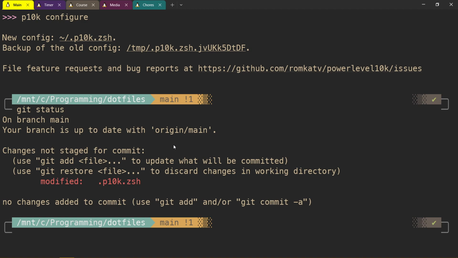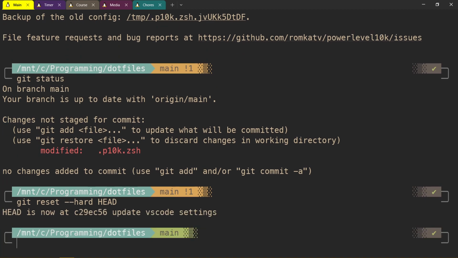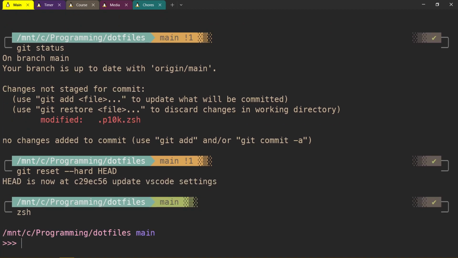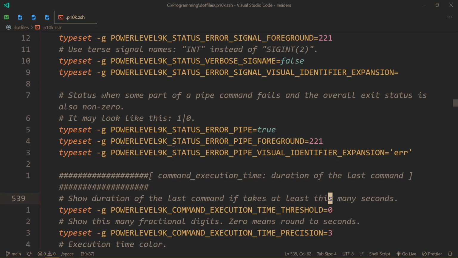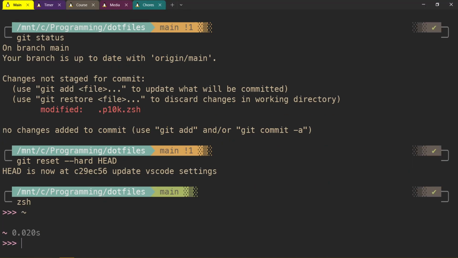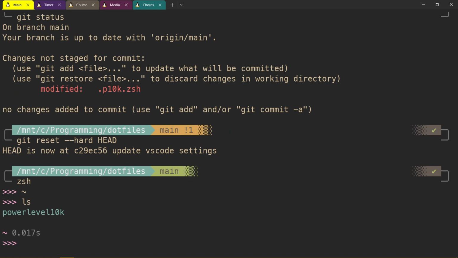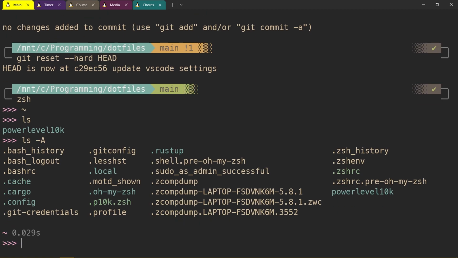So I actually had a different setup, so let me git reset --hard HEAD, and that should bring me back to my actual settings, and here we are. Okay, so let's go to the file, which I haven't yet explained where it is. Let's go to the home directory, ls, or rather la. You can see that the file is here called